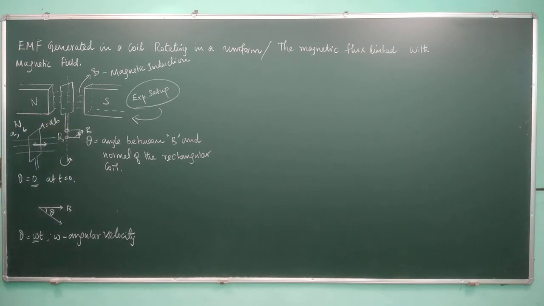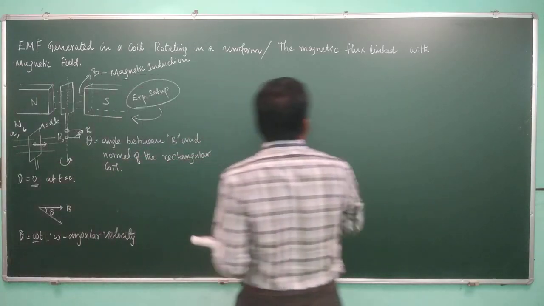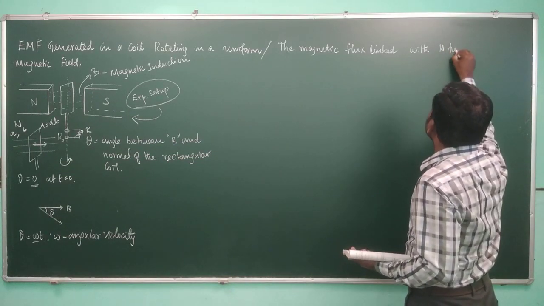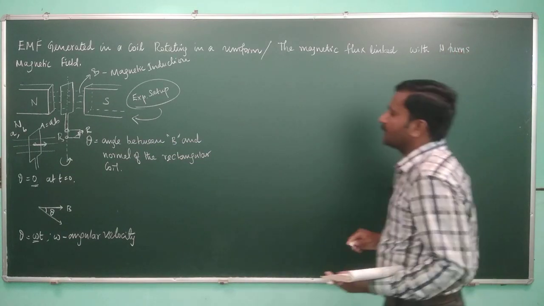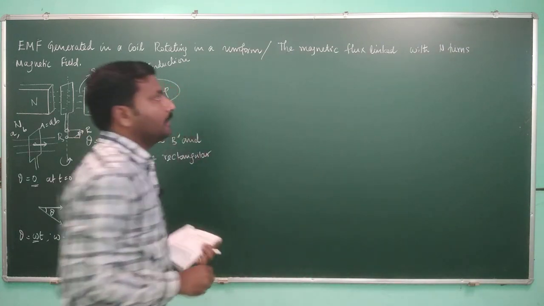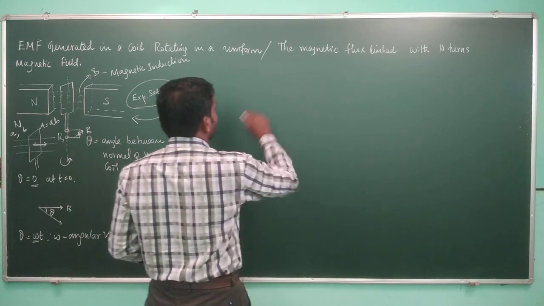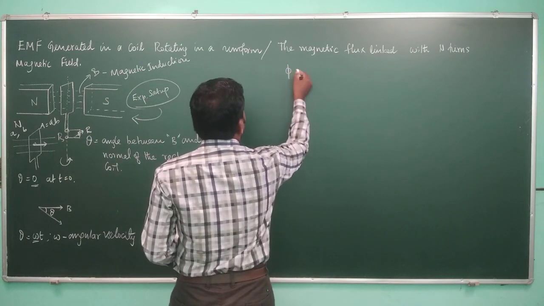Okay, and the magnetic induction is B. If this is the scenario, then the magnetic flux linked with N turns of the rectangular coil, whose length and breadth are A and B, and whose area is the product AB, we can write